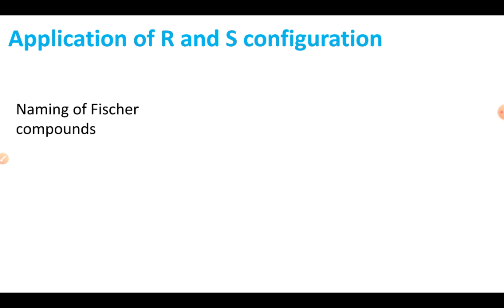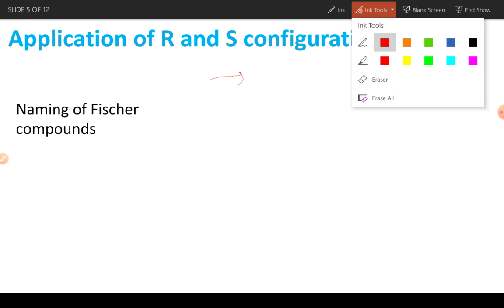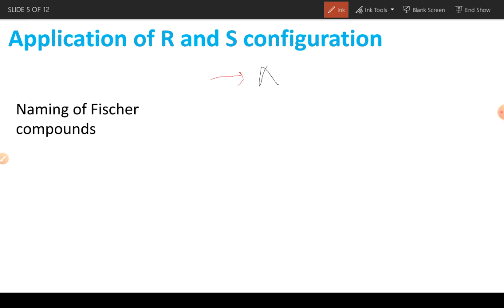Today we are taking Fischer compounds. So just see, we are writing the nomenclature out here. We need to remember a few points before doing the nomenclature as well. So I will tell you the few points. The first point is we will have to assign priority. I said what the priority order is. We need to know it.